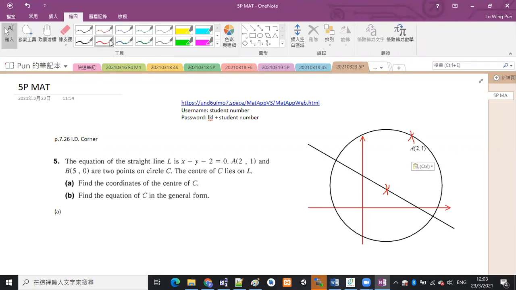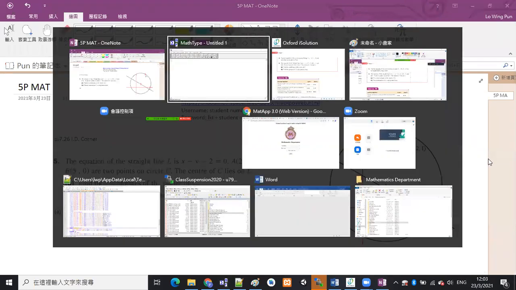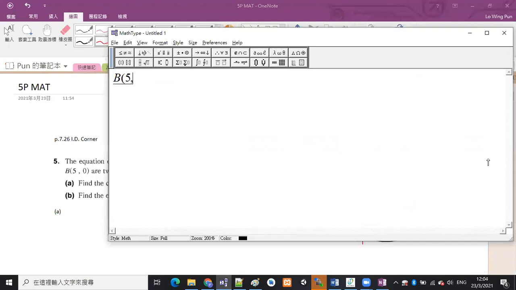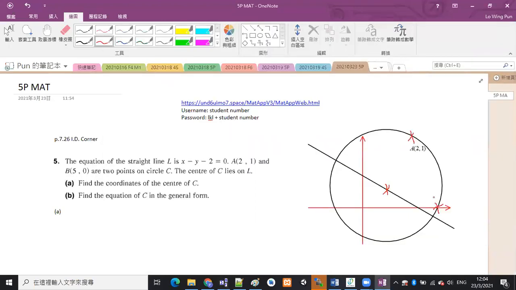Okay, and then we have another point. Point B is 5, 0。呢度畫得啱唔啱位唔係太重要嘅。